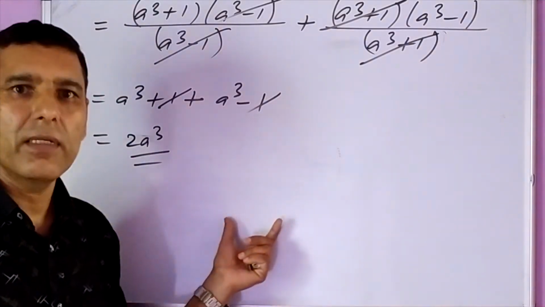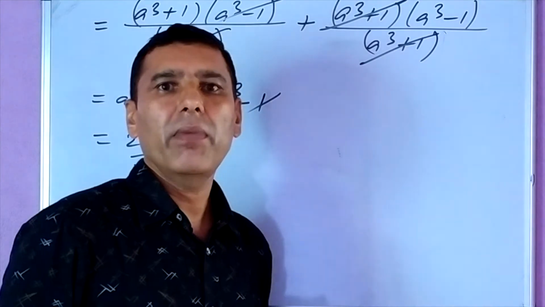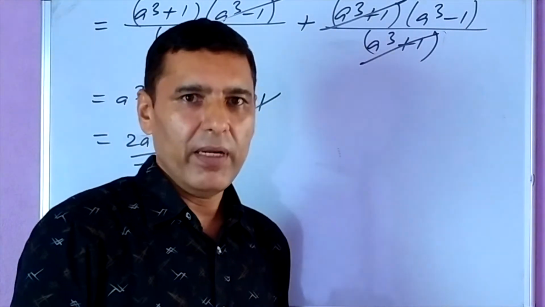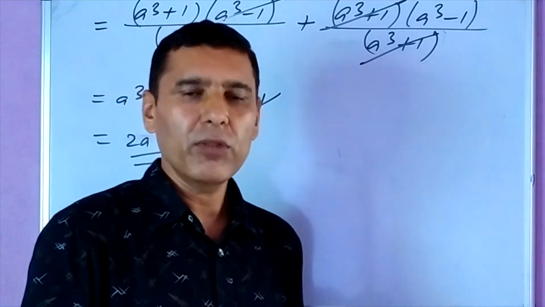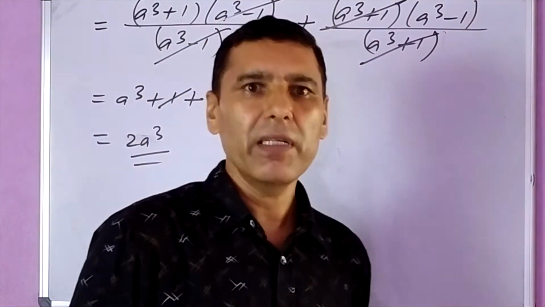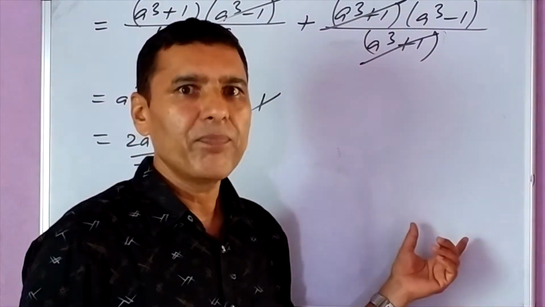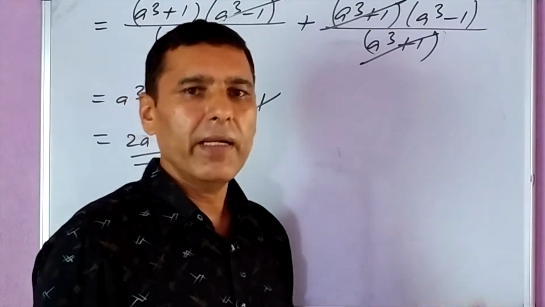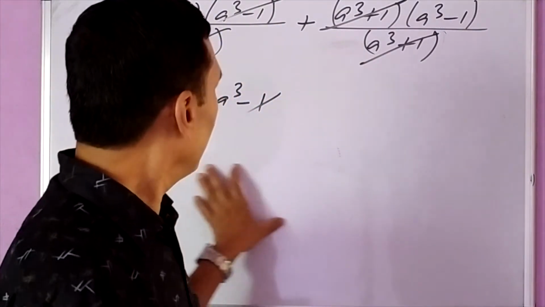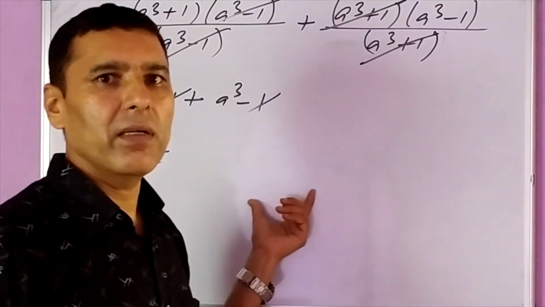We got the answer here in a very easy way. We simplified the given question in a very easy way, forming two groups having the same denominator. So this is the technique, otherwise it will be very difficult. If you start taking LCM at a time, you have to perform long multiplication. It will be very difficult for us to get the answer. But sometimes technique is very important in mathematics. So guys, I think you have understood. Now you can do similar questions in an easy way.